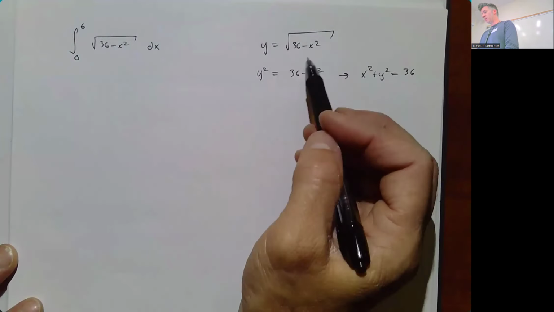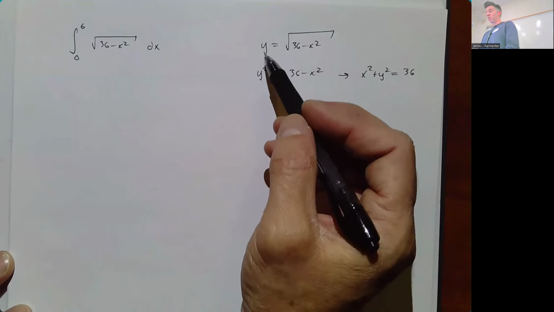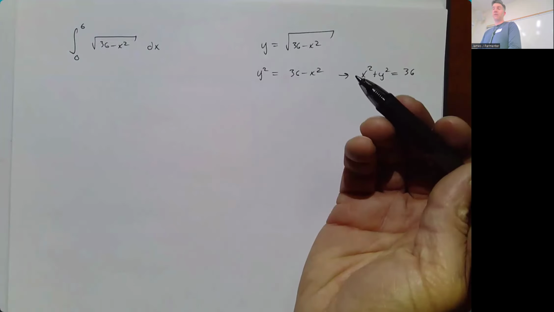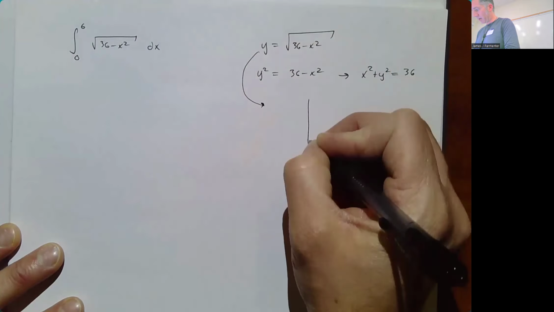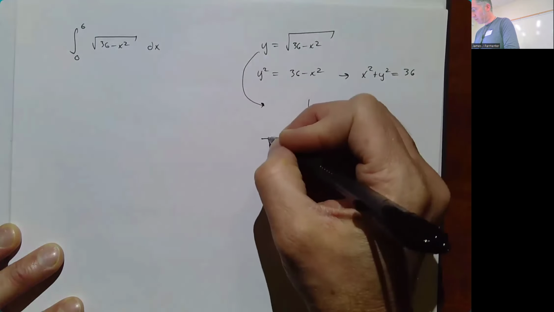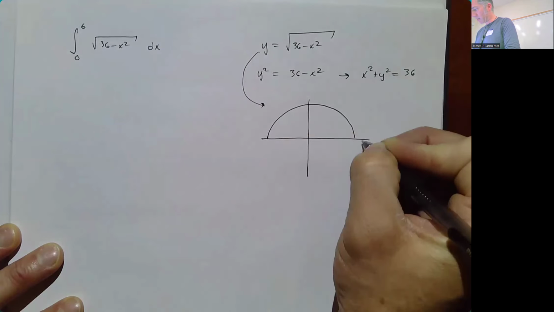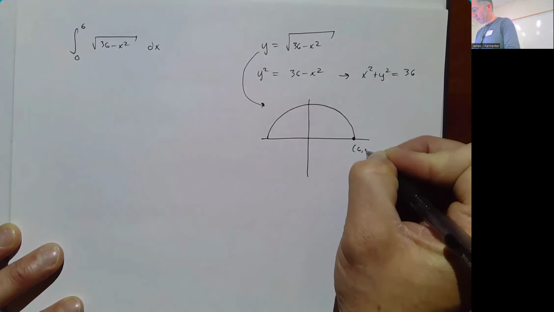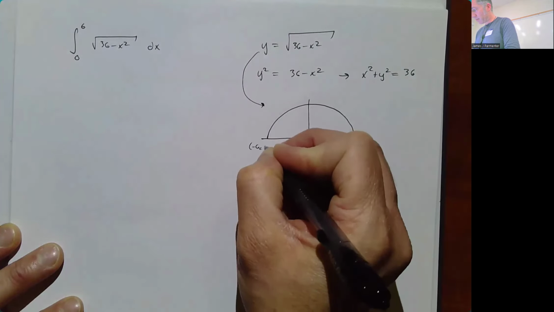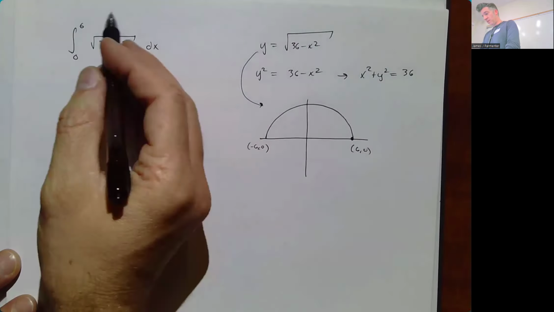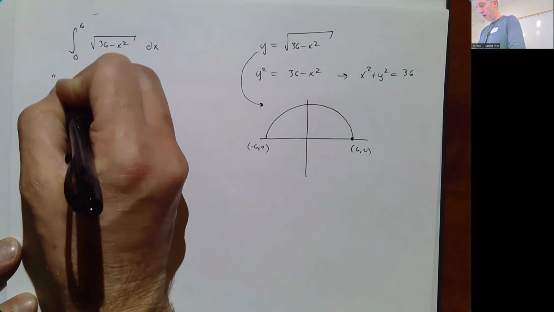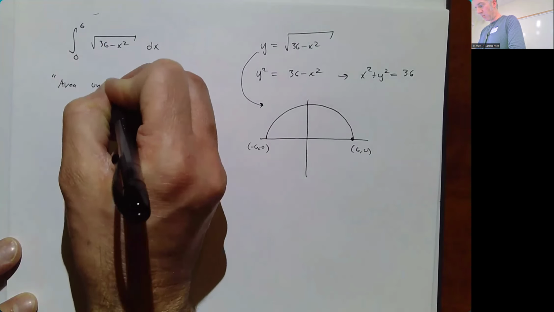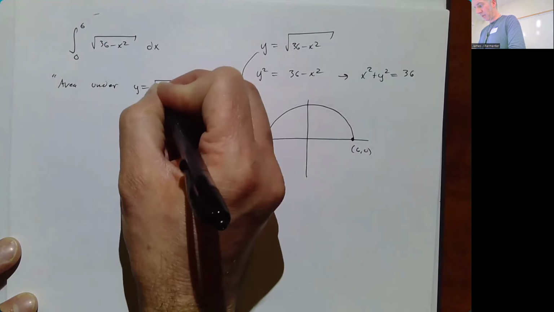So this part here is the top half of that, because if y equals the square root of some stuff, y has to be positive. So this function here looks like the top half of a circle whose radius is 6. And then what this integral says is we want the area under y equal to the square root of 36 minus x squared